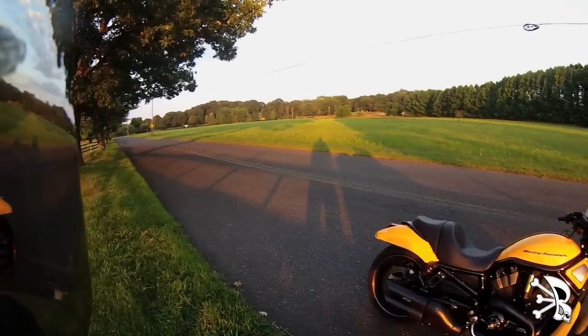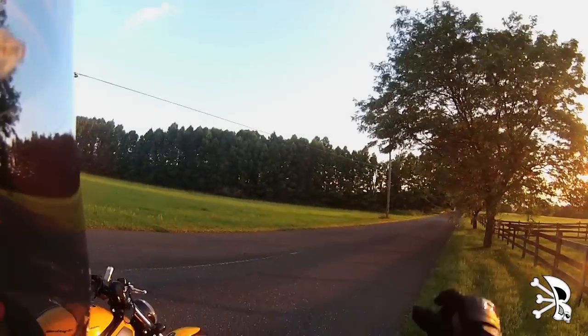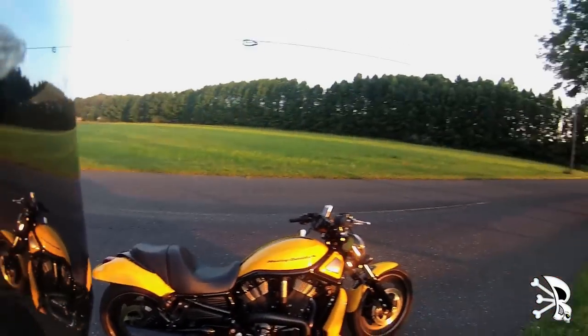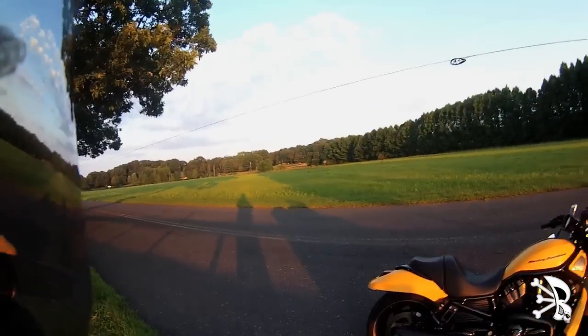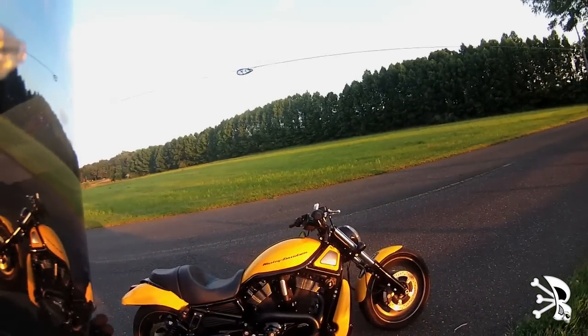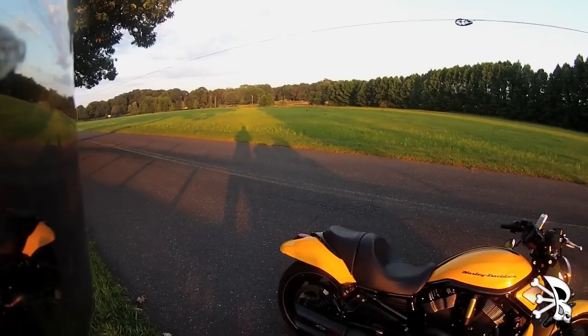You know, riding it on the street is like taking a top fuel dragster and putting it down the street. You'll never hit its full potential until you hit a track. I'm not saying it's not a fun bike to ride. It is, because you could push it in all kinds of ways, and it will go Mach 1 million. But you're riding a super fast bike in its slower category,